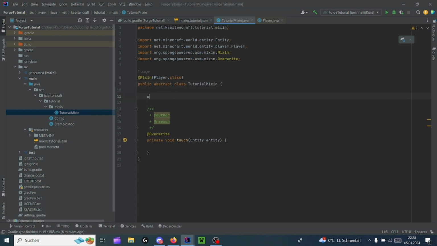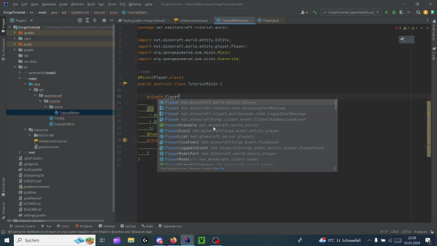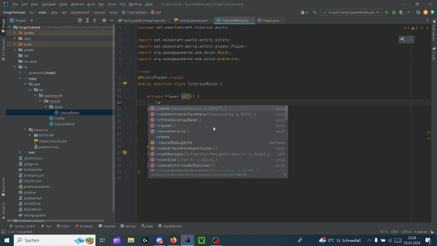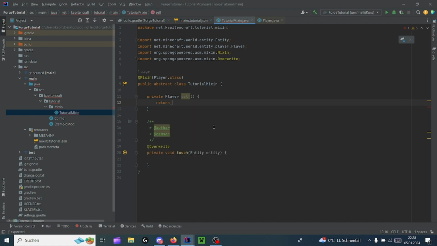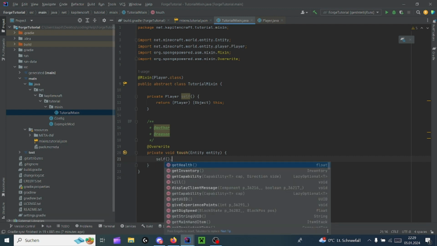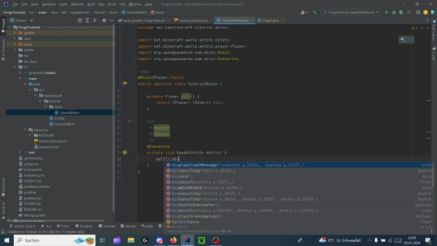And second of all, it's probably a good idea to have a private Player self method, which is just returning a cast to Player, a cast of this. Thank you. Nice. And next, we're going to look at self, and then displayClientMessage,